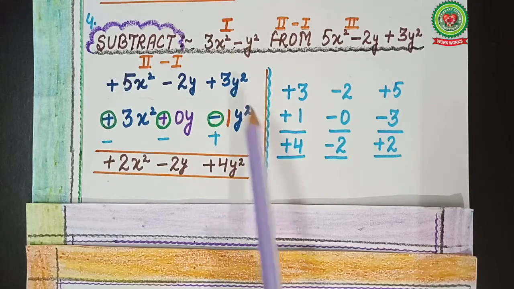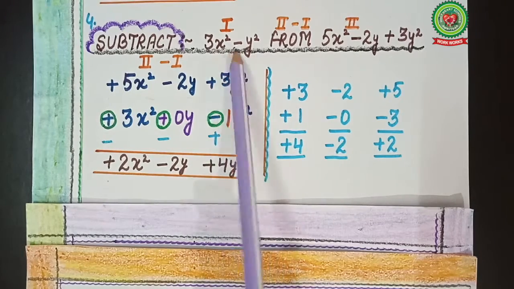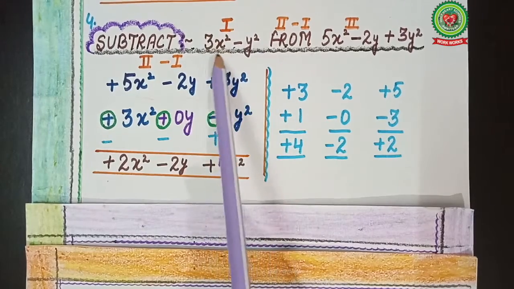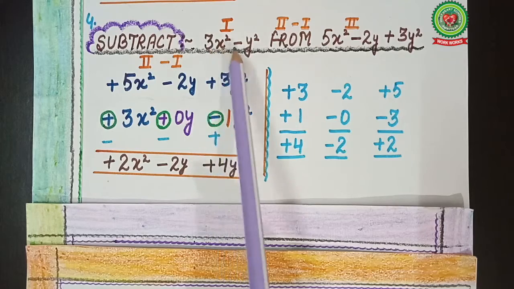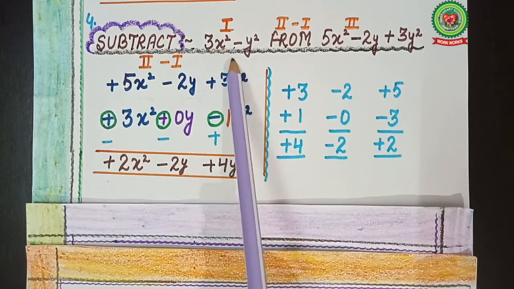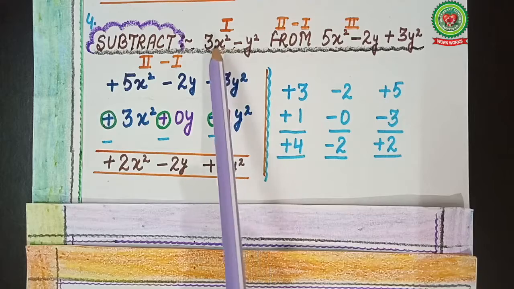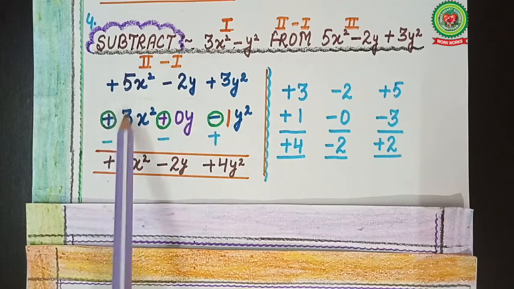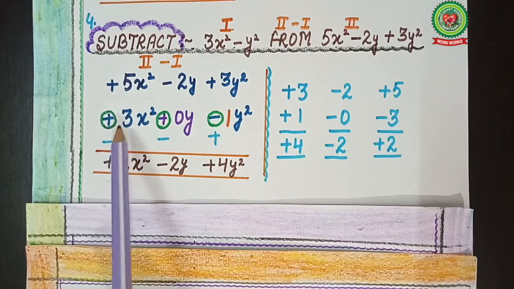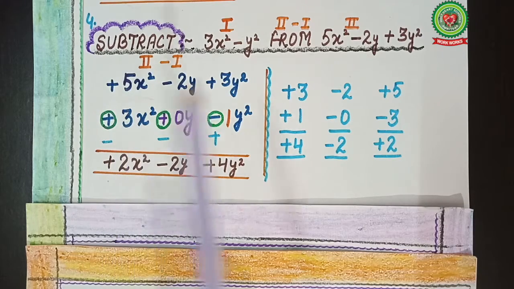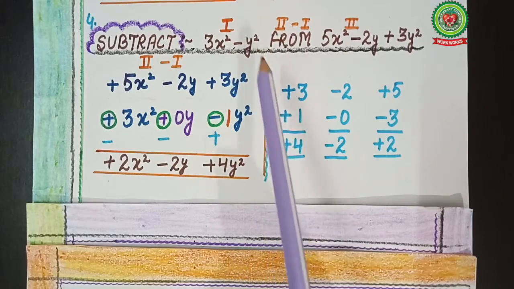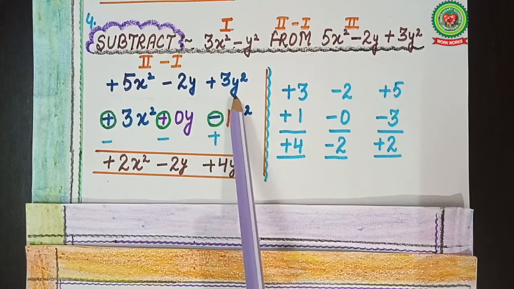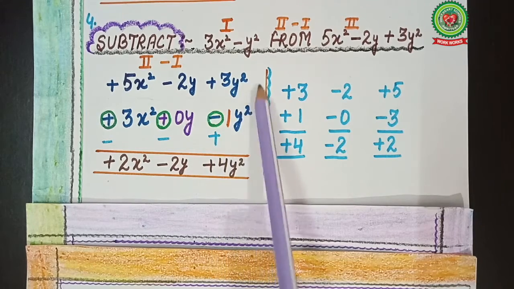I have written already. Next is second. So here you can see that the first expression is 3x square minus y square. So the first term of this expression is 3x square. So you will write 3x square just below the term with the variable x square. So here it is plus 5x square. Exactly below this term you will write plus 3x square, right? Next is minus y square. So you will write minus y square exactly below plus 3y square, because both these are like terms with the